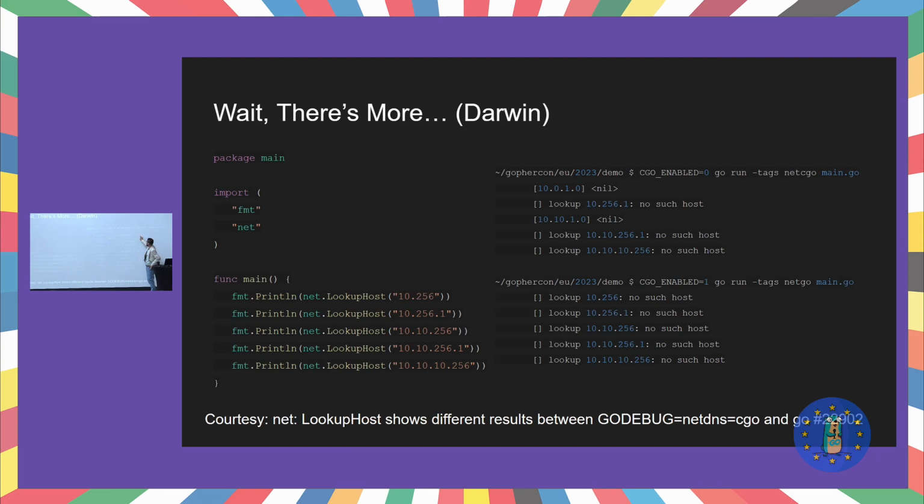Here, we have CGO_ENABLED=0 with netcgo, which means we disable CGO, but I'm using netcgo, which means it's going to go through CGO, and we have null here for this resolution, and no such host for the other. Here, when you have the pure Go implementation with CGO enabled, again, this is quite a paradoxical scenario,